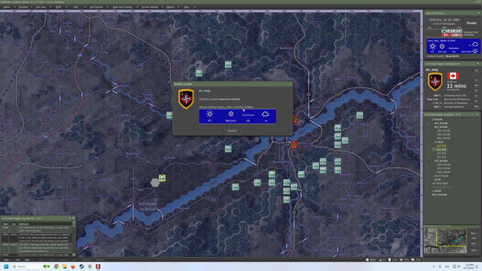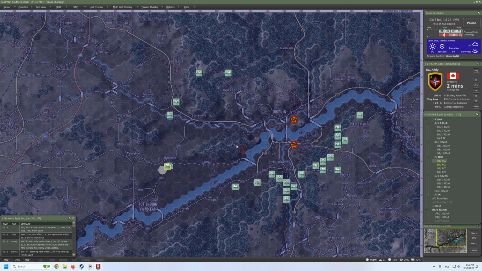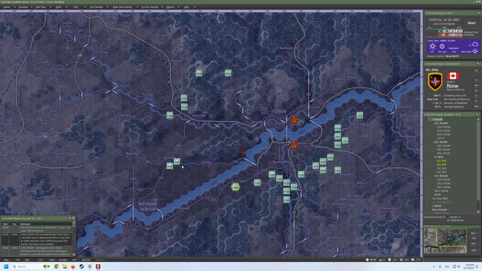Weather update. Dawn has started. Okay, perfect. Dawn clear. Visibility 10,000 meters. There's a minefield? No, I'm sorry. The obstacle. What's here? That BRDM-2 equipped with Concourse. Okay, our reconnaissance is gone. How cool it is. Okay, phase is over. Looks like we need to slightly adjust our orders because they are really pushing hard on